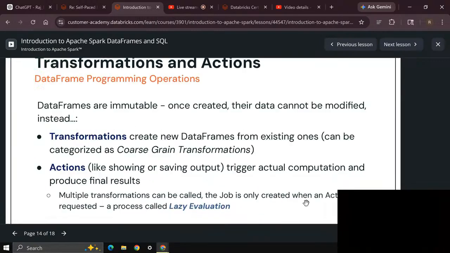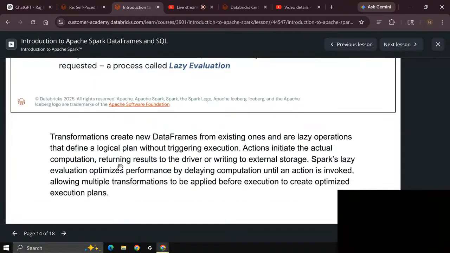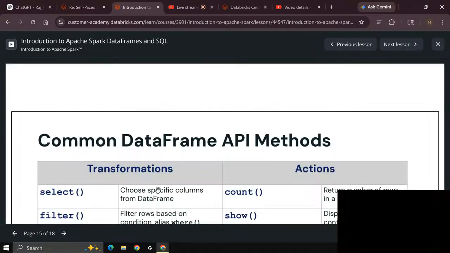Until an action is performed, lazy evaluation applies. Once the action triggers, only then will it trigger the entire process. Wide and narrow transformations will be there; I think I already covered that in my previous sessions in Spark. Actions like show and saving output trigger the actual computation. Multiple transformations can be called, but the job is only created with an action. Any transformations start executing only with an action. So next,